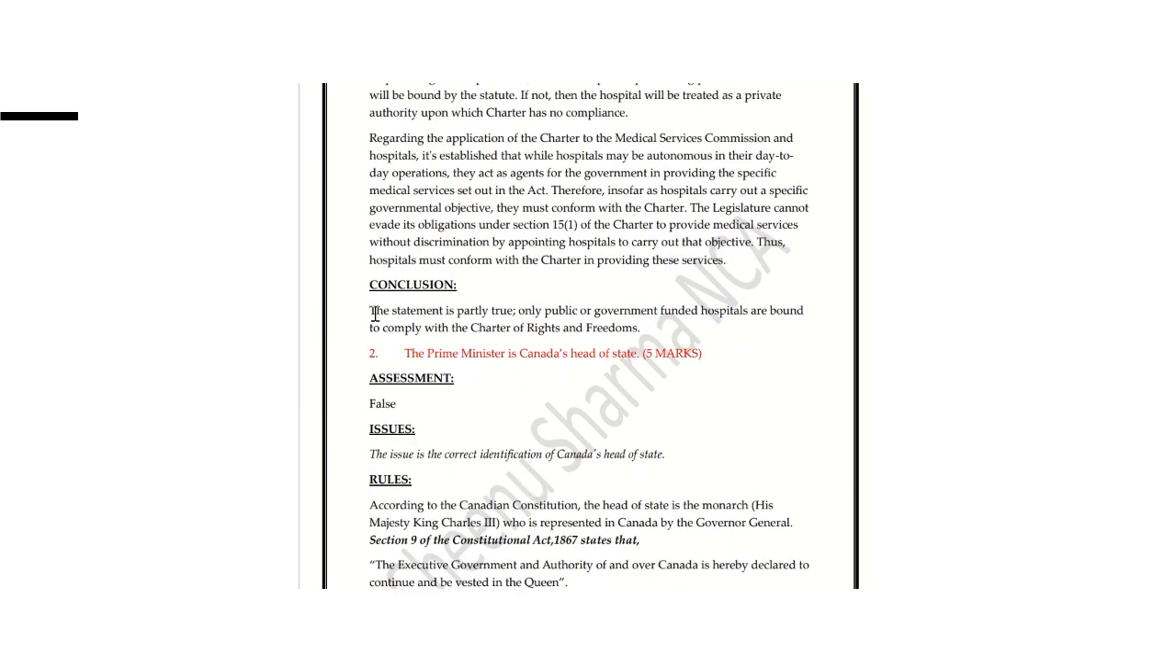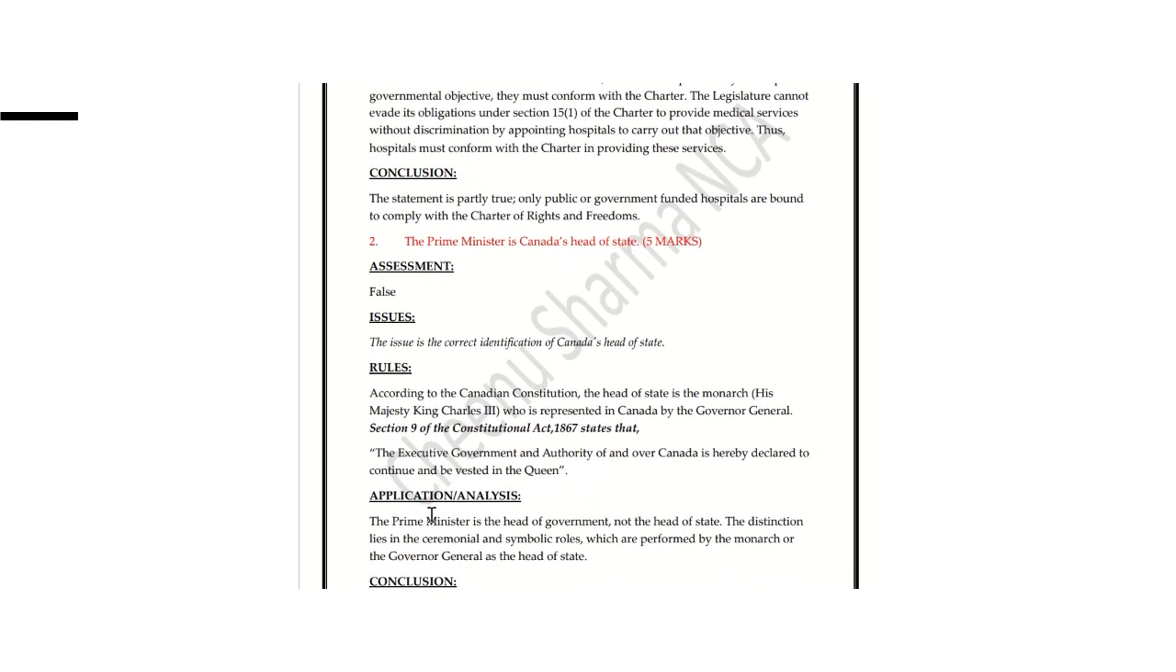Then in just one line, you can give your conclusion because these are short questions. Then next is: the Prime Minister is Canada's head of state. So this is a 5 marks question. This statement is false because when we look into Section 9, this is the very first section that we cover under sources. According to the Canadian Constitution, the head of state is the monarch, His Majesty King Charles III,